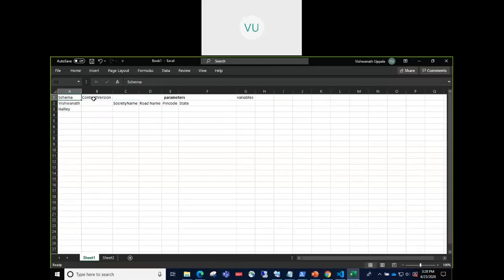I can give it in Excel like this. You have schema, content version, and then the parameters. The parameters itself have this many values. And let's say name itself has again two more things. So you again split this into two different columns like that. So that's how you define the hierarchy here. So look at some articles on JSON. This is the basic that we need to understand before we even understand ARM templates. If you understand JSON, then only you can go and edit the JSON.